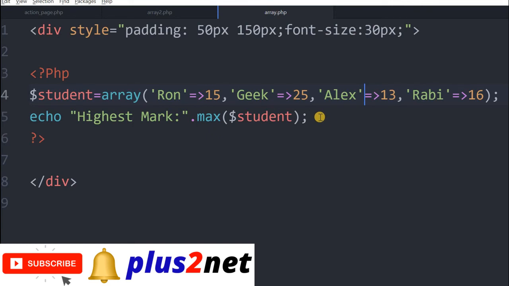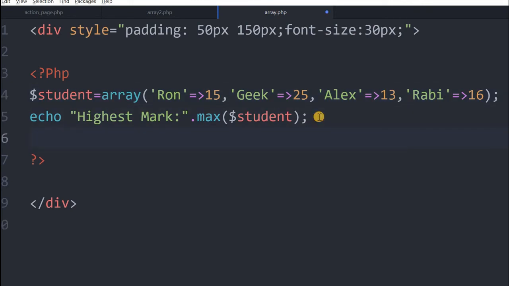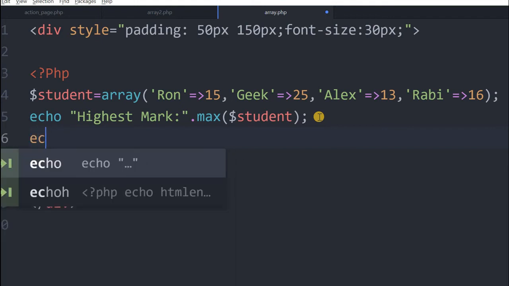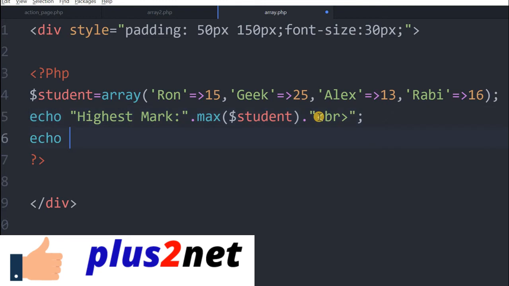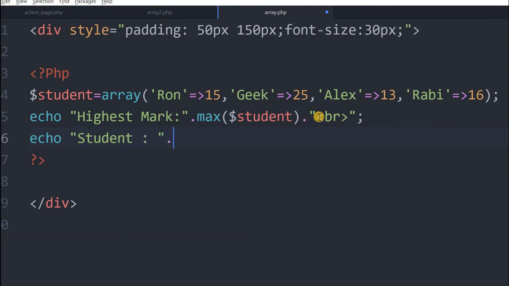Fine. So now, once we have the highest mark, who got the highest mark? This time we have to print the key. Before that, I will add a line break here, so the next output goes to the next line. Fine, echo. Now the student who got the highest mark. Whatever text you want, you can write it. Now what is the way I will get that?